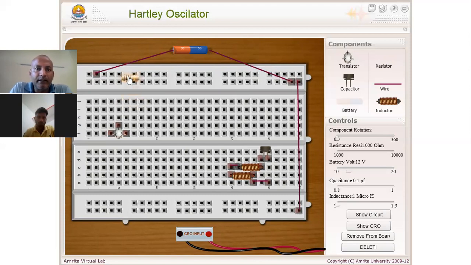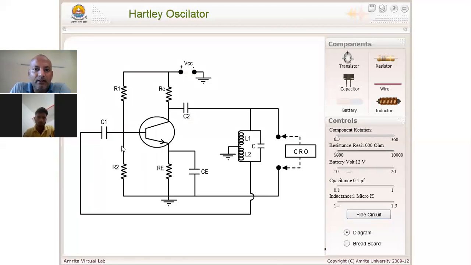R1 is connected with VCC, and through R2 we provide the base voltage, and this R2 is connected to ground.